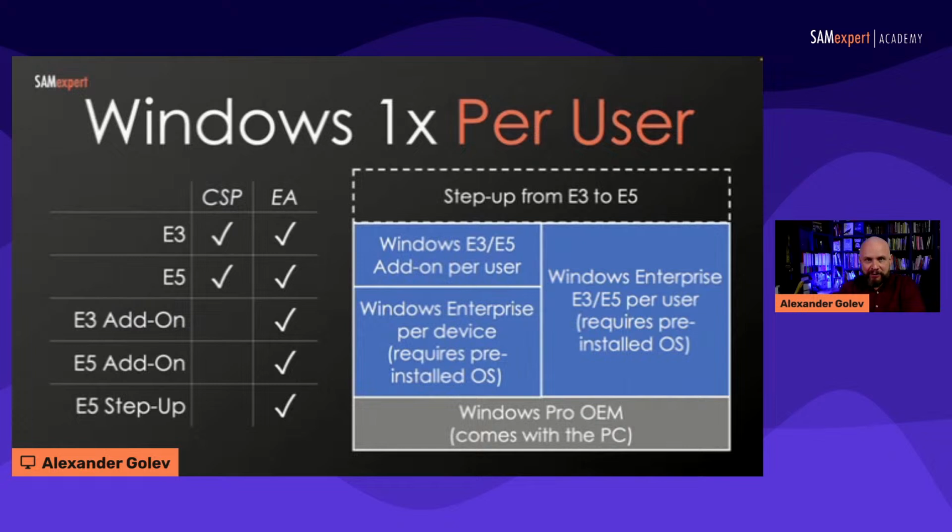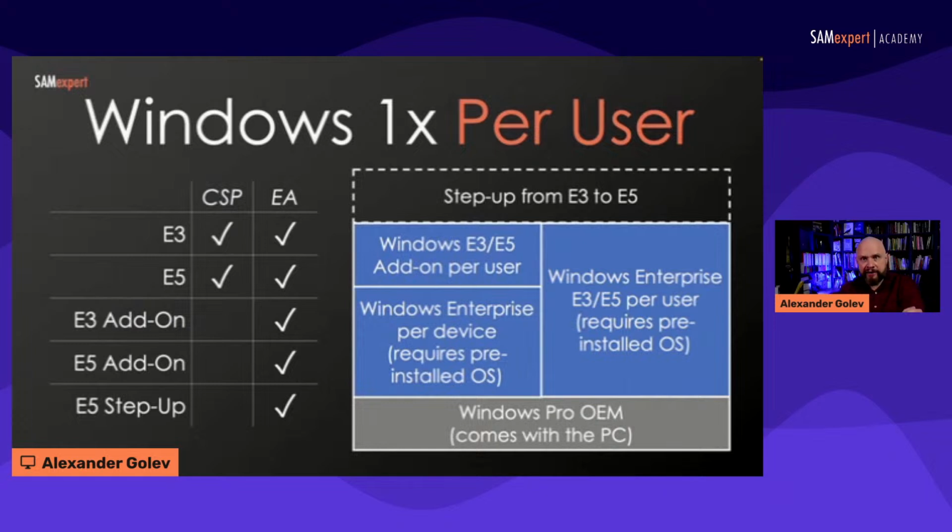As I said, it still requires that laptops and desktops come with a pre-installed operating system. I can't continue repeating it because we see this every 2 weeks. A new client, and they have some computers without pre-installed Windows, and those are not compliant. So you can make them compliant. You can buy so-called Get Genuine Windows Advantage licenses, GGWA, which are basically like OEM licenses that you buy directly from Microsoft. There's a possibility. If you are in the situation, talk to your reseller, tell them about this, and they'll